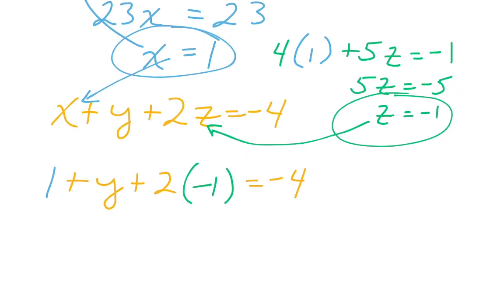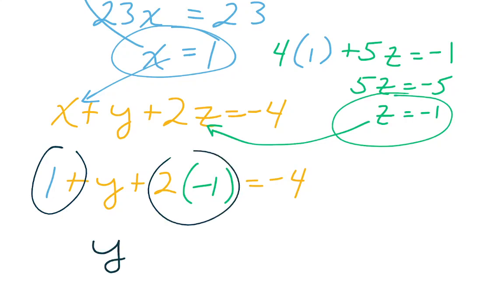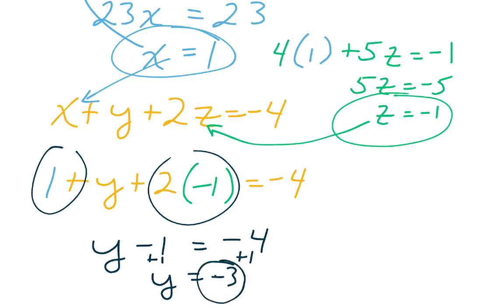Just got to keep track. I think this is going to work out nicely. This is 1. This is negative 2. You got to add those together. That's negative 1. You can just write that as minus 1 if you want to. Add 1, and we get negative 3. So we have our 3